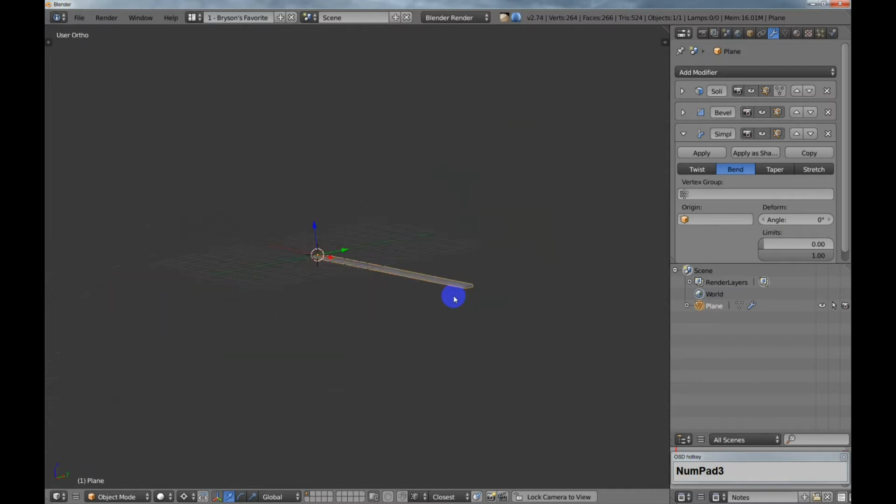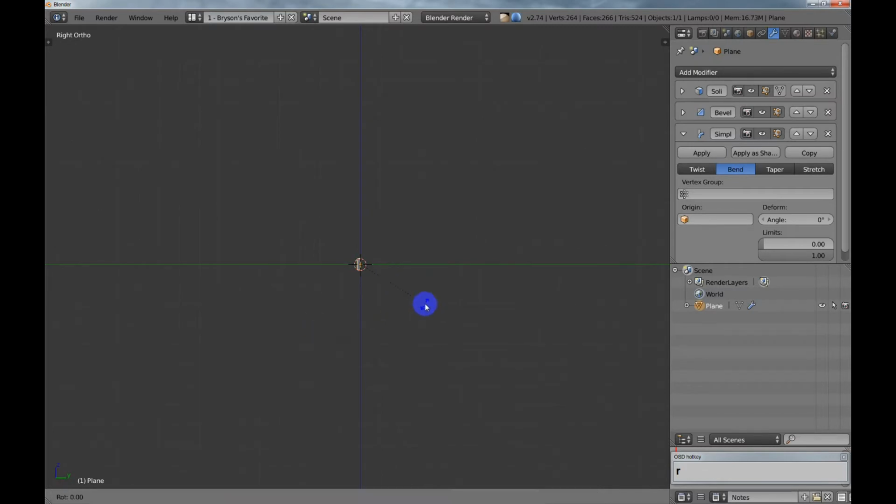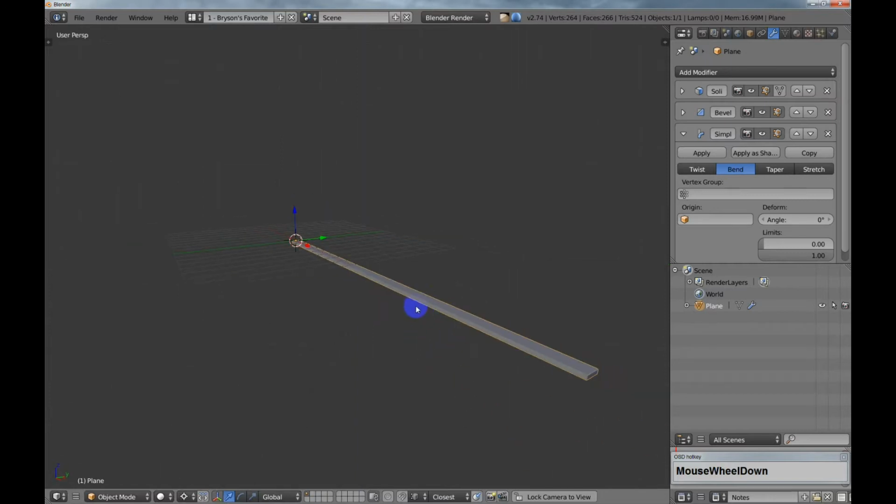Anyway, so what I'll do is I'll go to the side view, and I'm going to rotate it in the x-axis -90. All right, and I'm in object mode, and then I'm going to hit Control A, and I'm going to apply the rotation and scale and the location, and then I'm going to rotate it in the x 90 degrees. So I'm basically restoring it back to the way that it was, but of course I'm not going to freeze